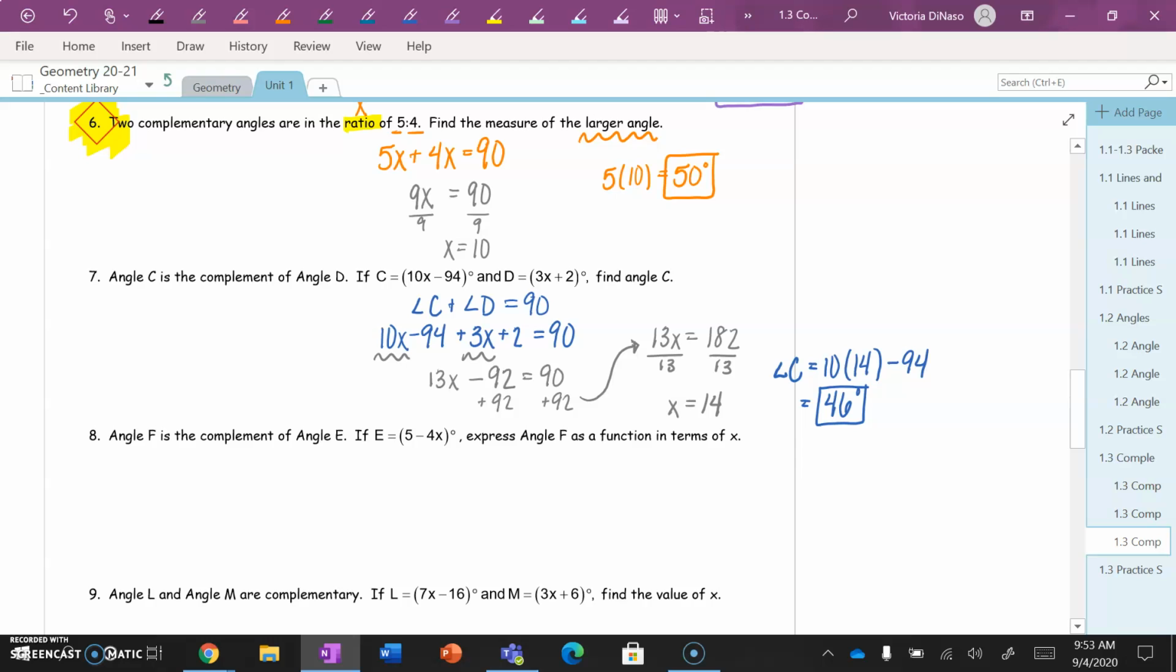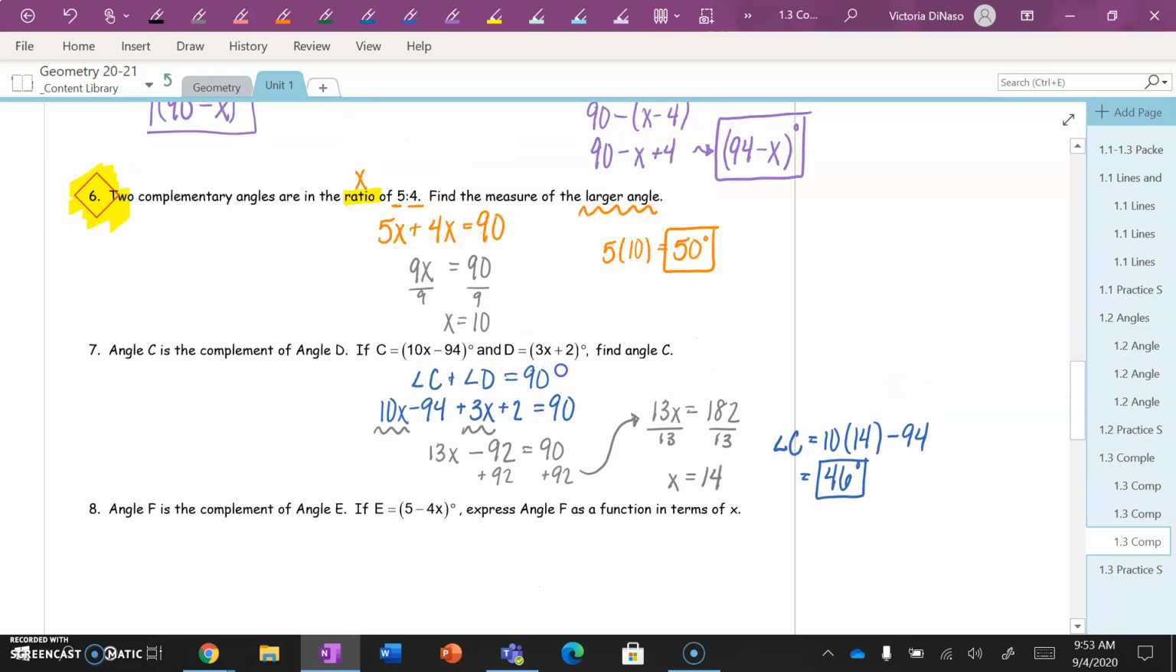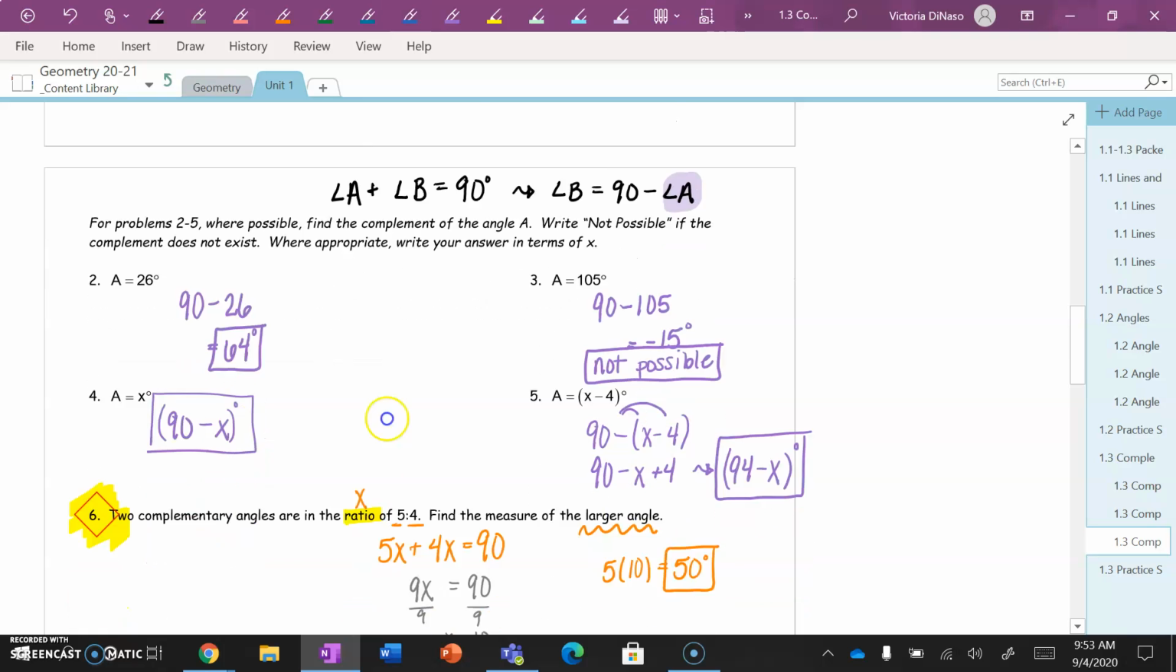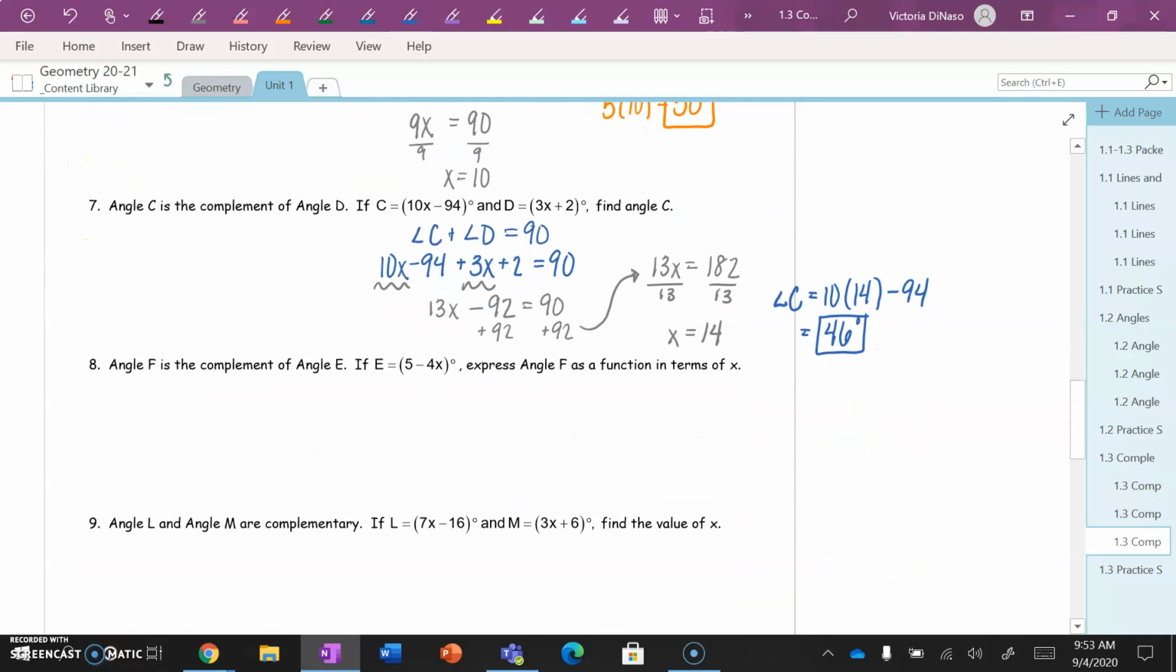Number 8, it says angle F is the complement of angle E. If E equals 5 minus 4x, express F as a function in terms of x. So this is where I'm going to go back up here. Up here we expressed B as a function in terms of A. For this problem, what I'm going to do is start by writing out exactly how we did above in the past couple of problems. So we have angle E plus angle F